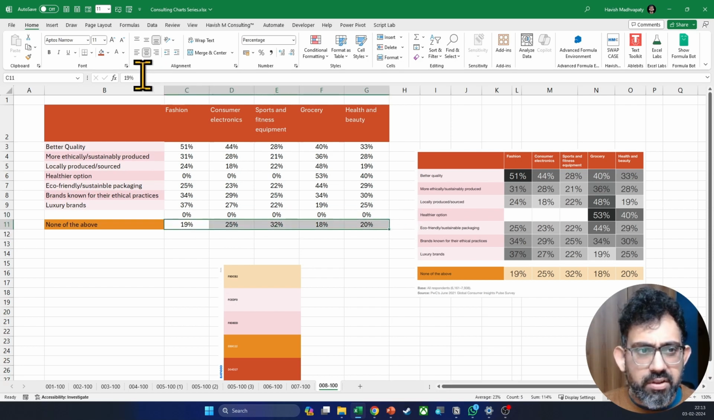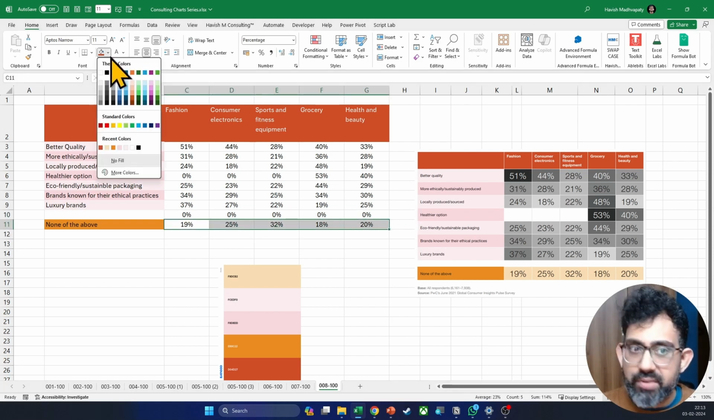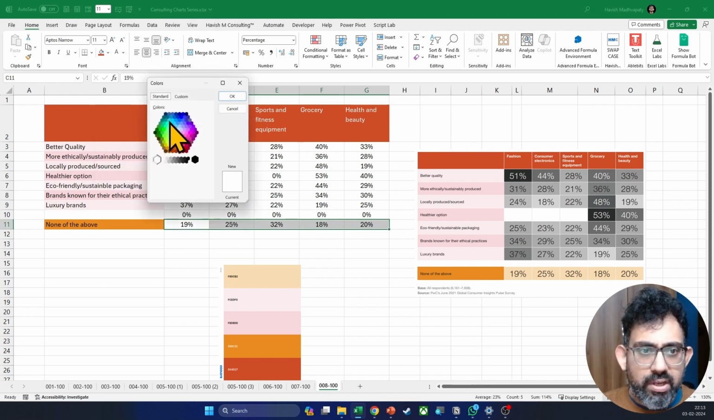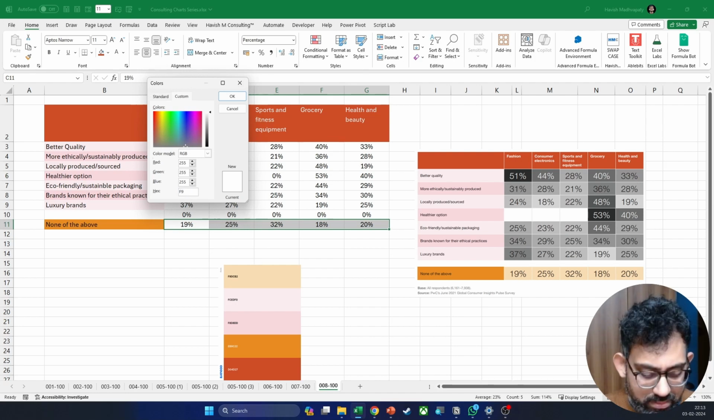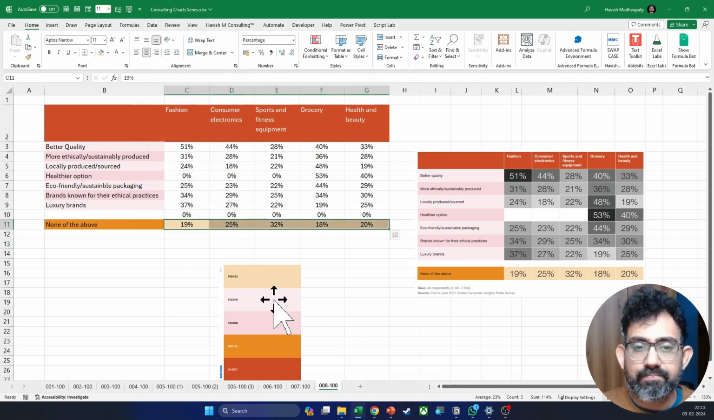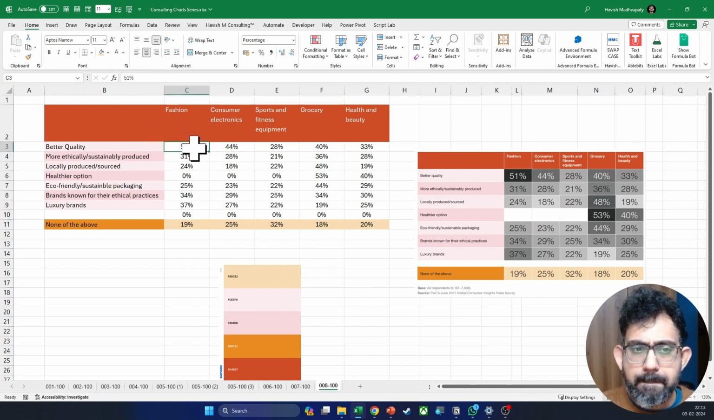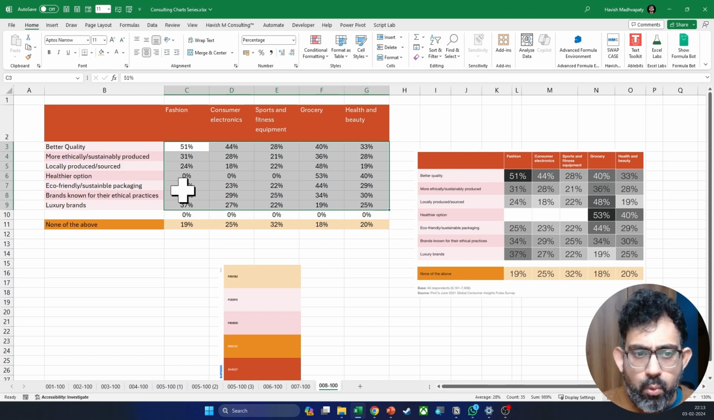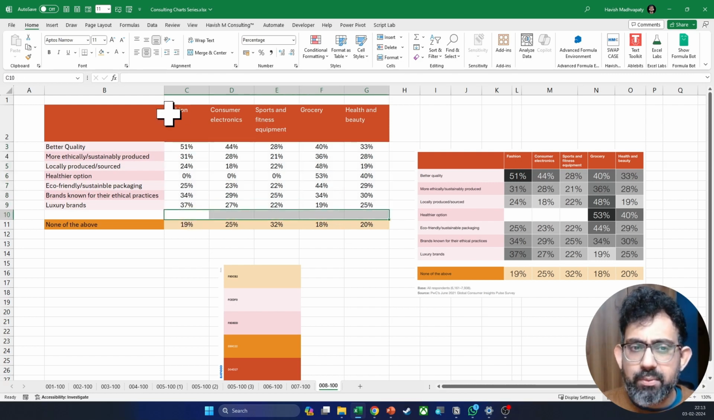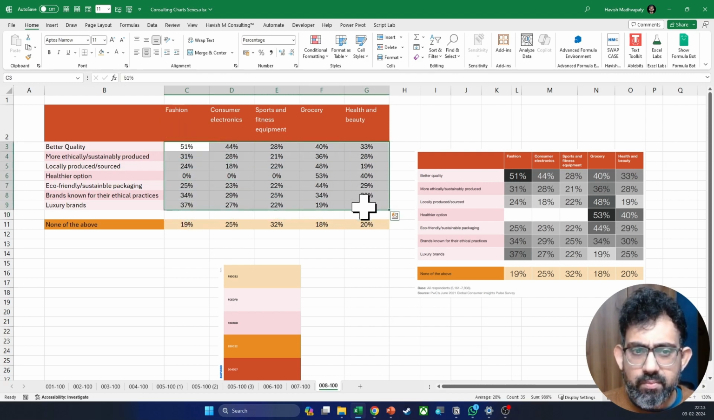Here also we want a different color. So let's do what we have done before. Go to more colors, custom, and put F9, DC, B2. Here we go. Once we have done this, finally what I would like to do is to select all of the cells and